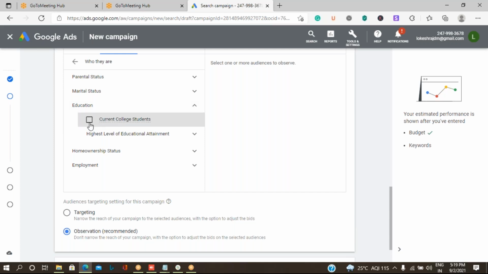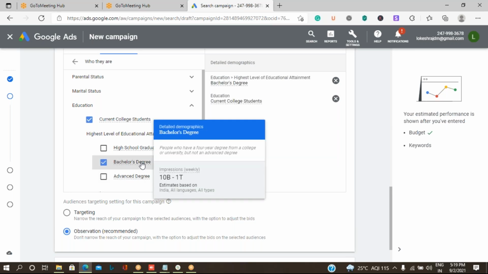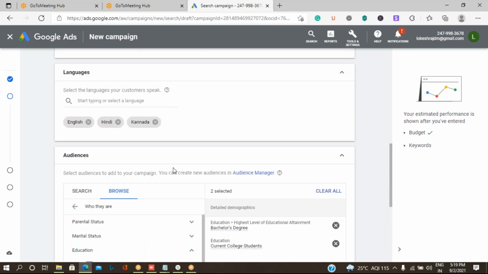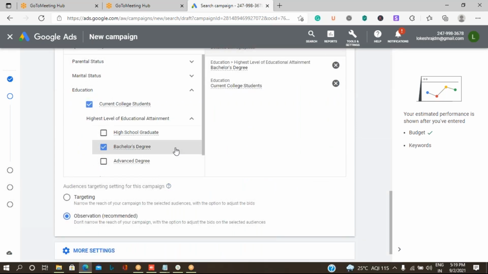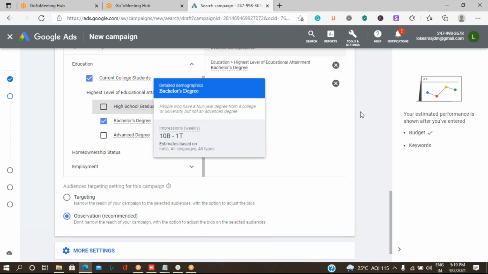So I'm going to target the current college students and the people who have already completed their degree. I'm not worried about double degree holders or high school students, or PhD holders. I'm not going to target them, so I'm not going to select those options.